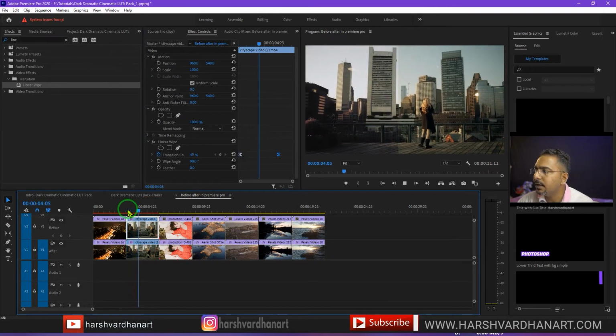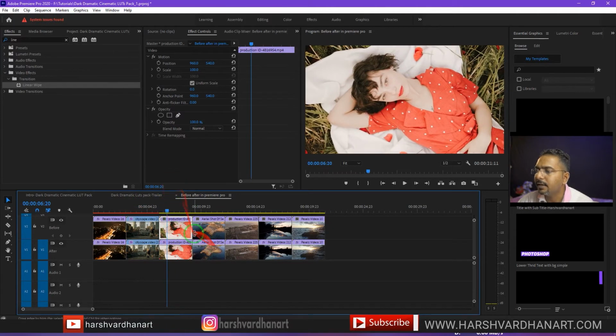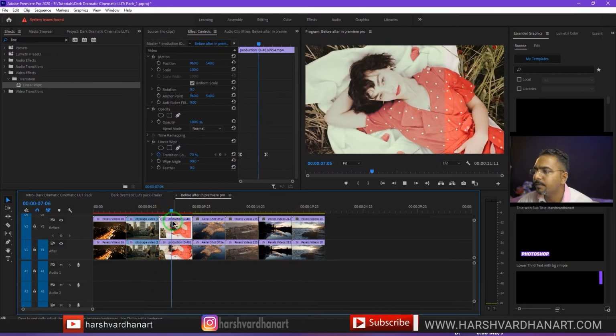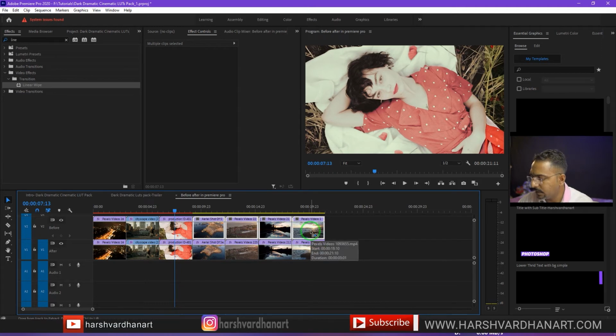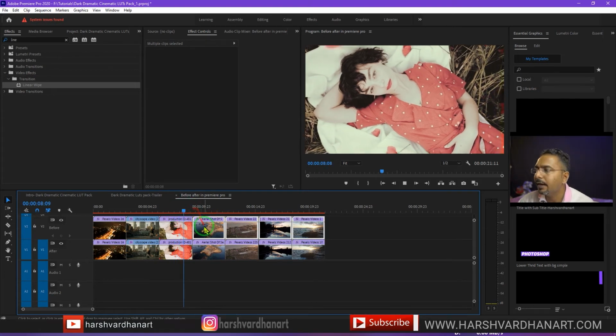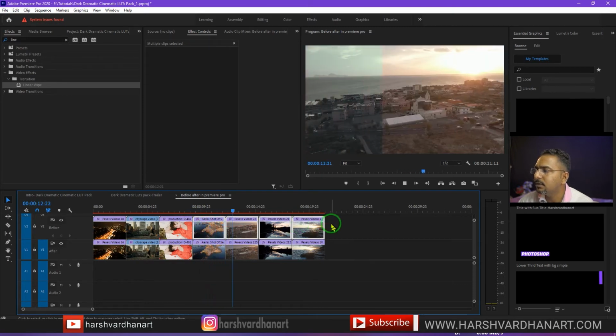So if I just play it like this, you can see, and on this I can again Control V to paste it over here as well, and that would work in the similar way. And similarly on the rest of the videos, I'm just going to select all of these and I would press Control V or Command V to paste that exact setting of the linear wipe transition, and it would automatically start applying this. So you can see,